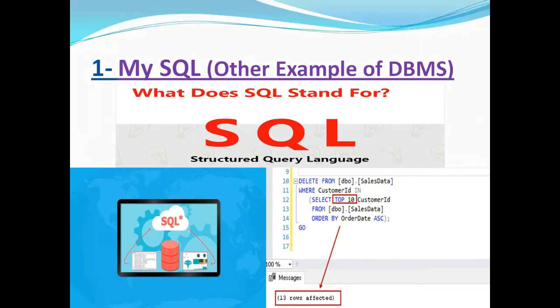Database management systems play a central role in computing, as standalone utilities or as part of other applications. A relational database stores data in separate tables rather than putting all the data in one big storeroom. The database structures are organized into physical files optimized for speed. The logical model, with objects such as databases, tables, views, rows and columns, offers a flexible programming environment.